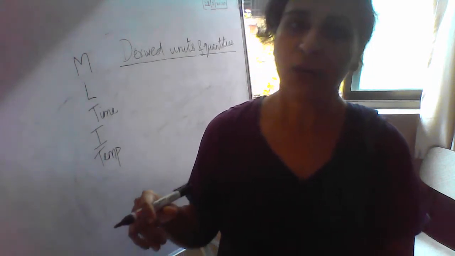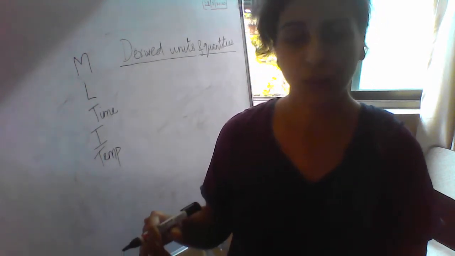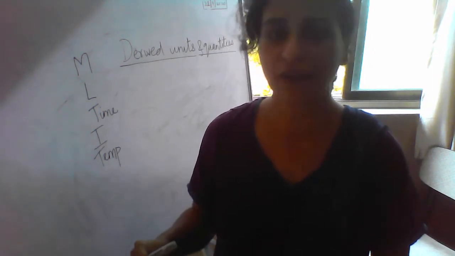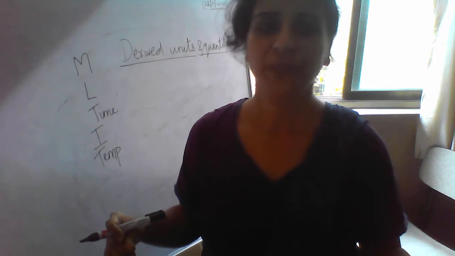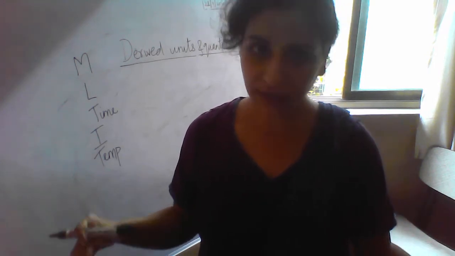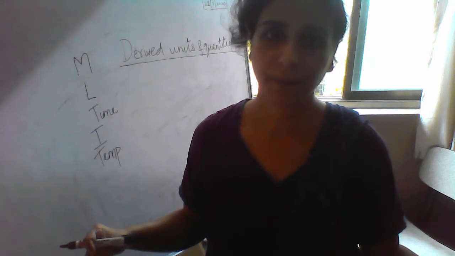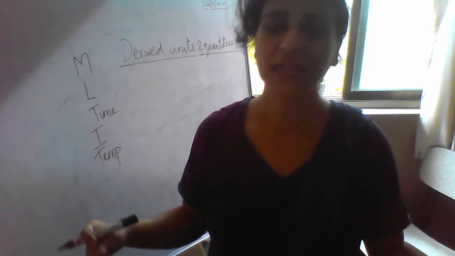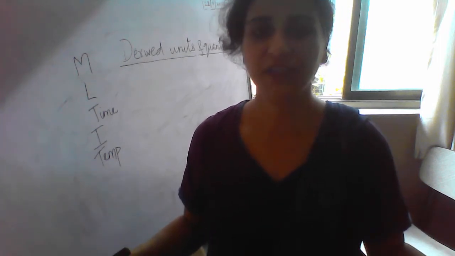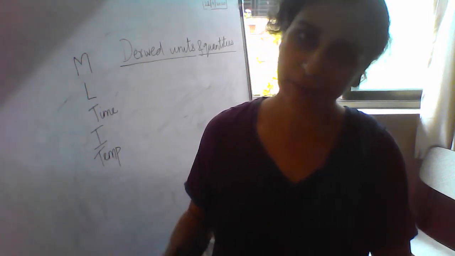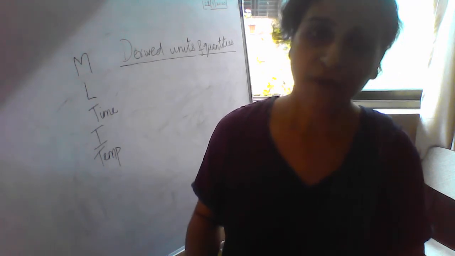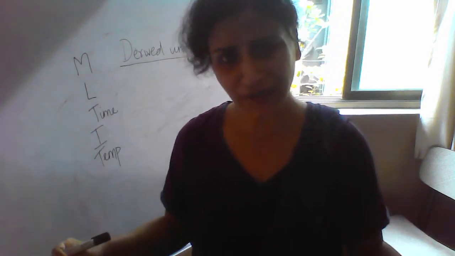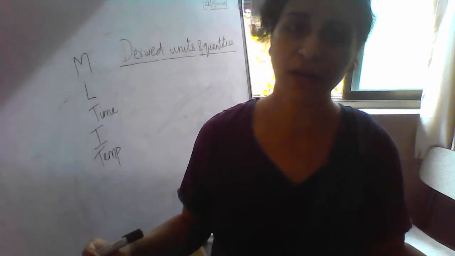Now we are going to go for derived quantities. What are derived quantities? Please note down: derived quantities are the quantities which are simplified using the fundamental quantities, or which need fundamental quantities for their simplification. You can write it any way, or as an explanation.